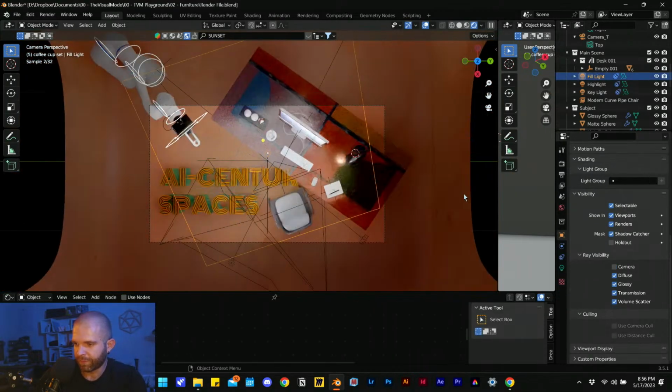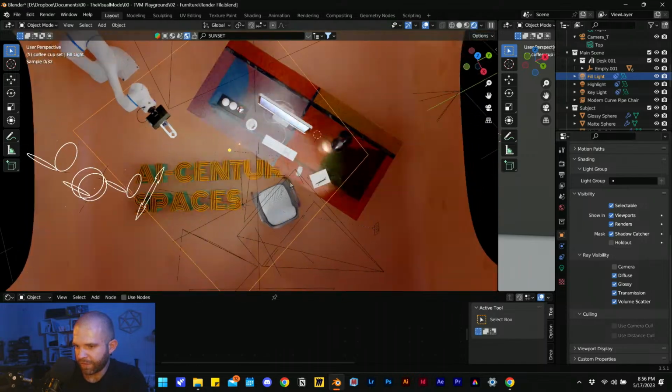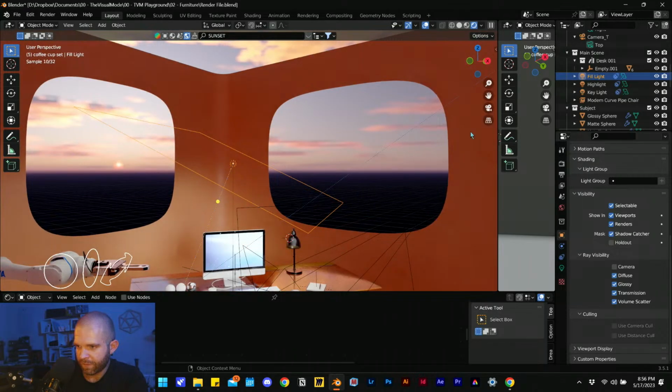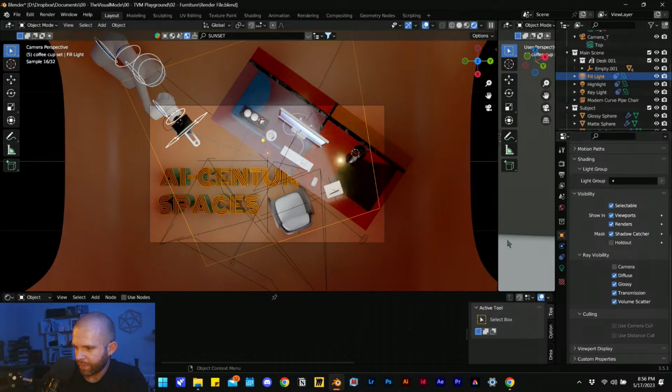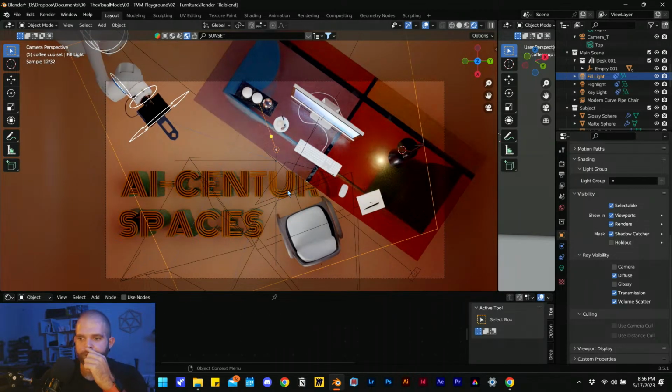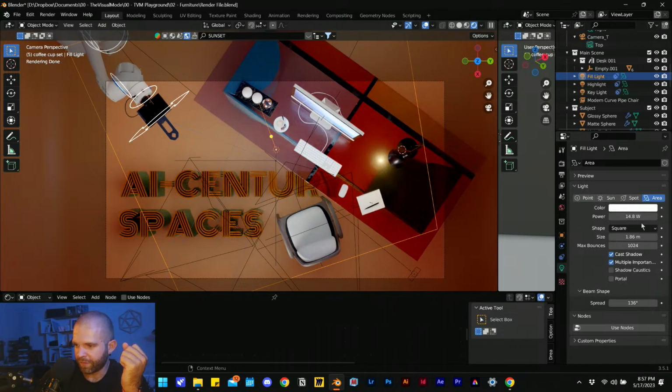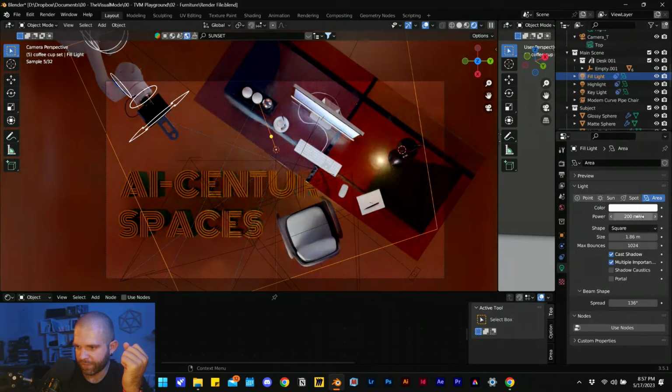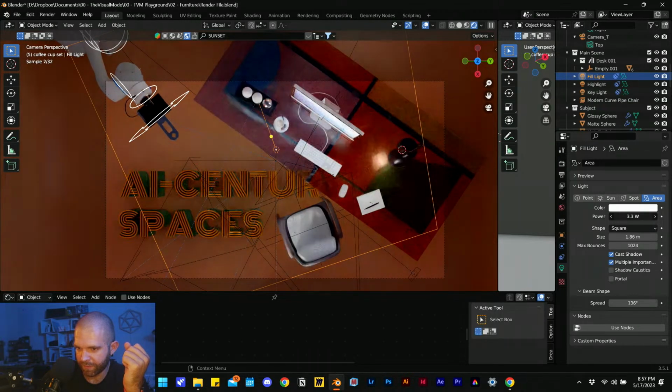Let's see, we can also do this from the light side. So if we select a light, there we go. And for the light, we don't want it to affect glossy. There we go. Okay, I'm gonna do it from the light side. And we can lower the intensity of this light. So I really just want this light to fill in just a little bit to soften up some of the